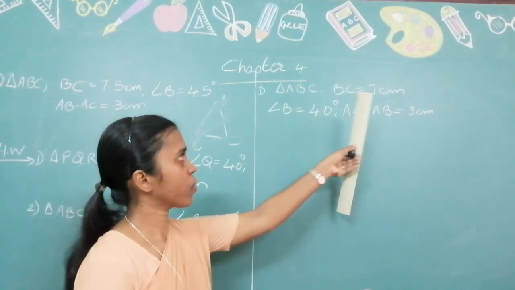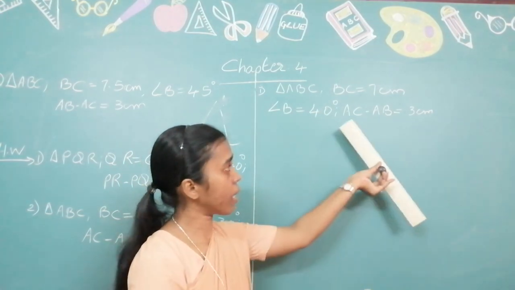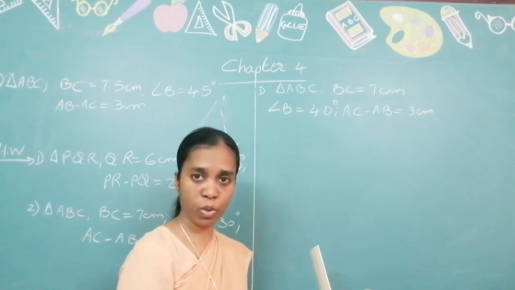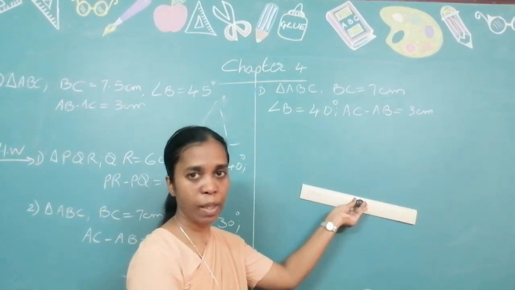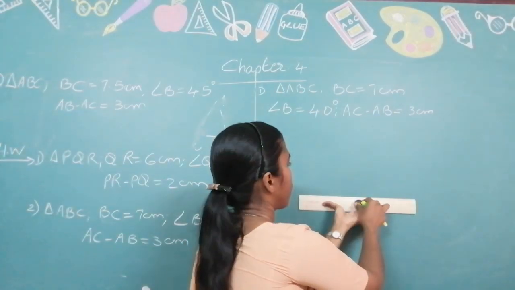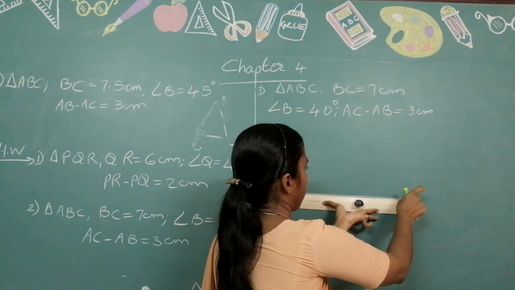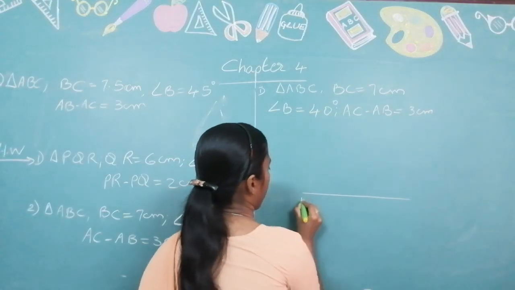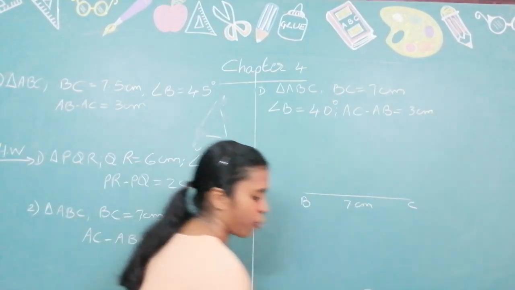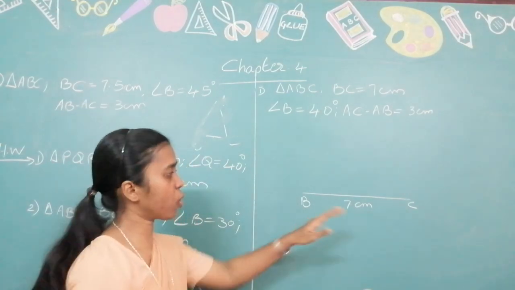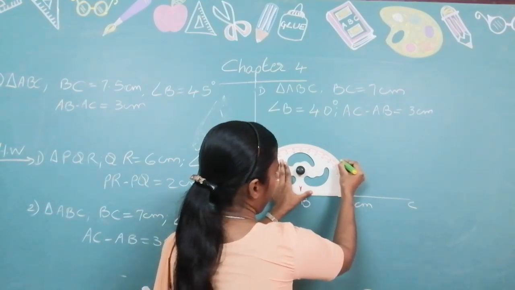Okay. So first BC base, same. In this case, as I said, construction, this is AC minus AB. Construction is below. Okay. So you make sure that the base you draw is somewhere in the middle. So there should be space below it. BC is 7 centimeter. Next, angle B is 40 degree. Same way. Whatever is given you draw. Base. Next is angle B 40 degree. 40 degree is over here.